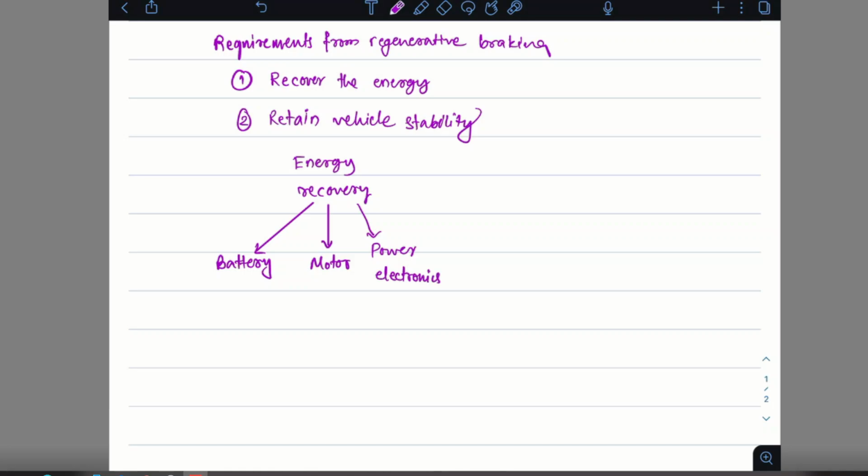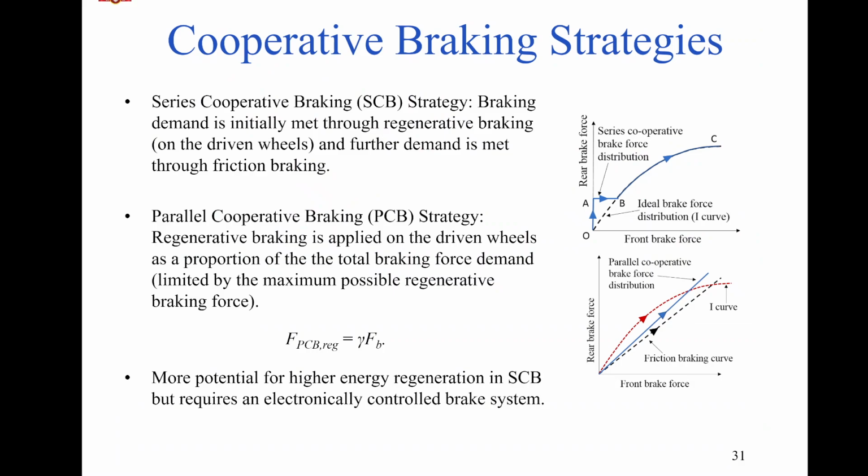Your vehicle stability aspects would relate to the vehicle and the environment. By environment, we would specifically mean the